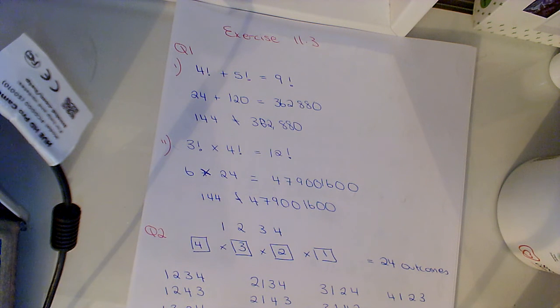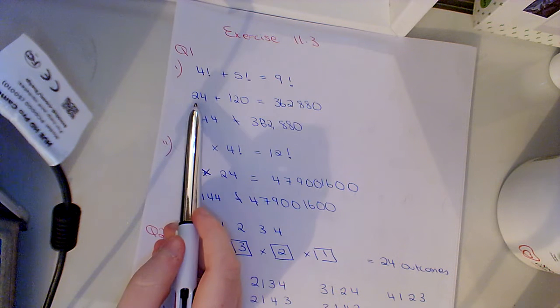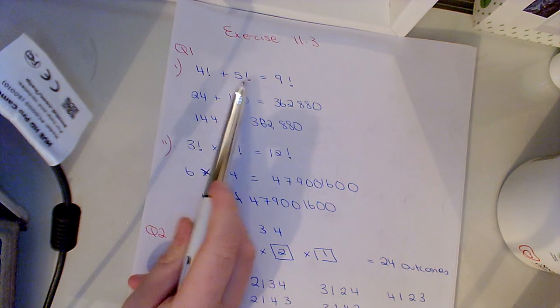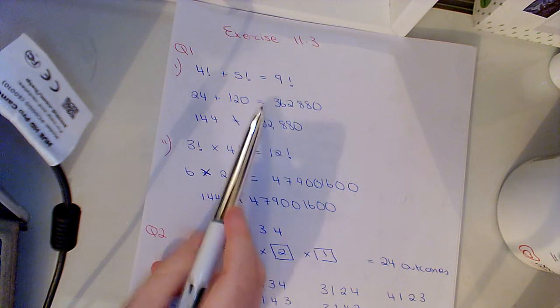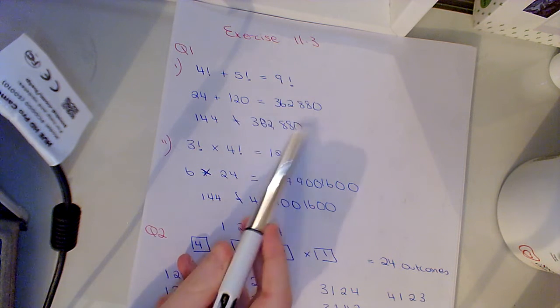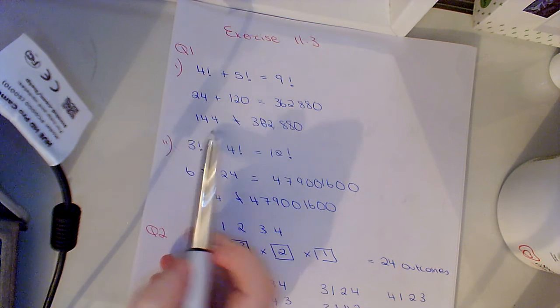Just going to correct the solutions for exercise 11.3. So the first question, I'm going to do questions 1 to 9. It says investigate if 4 factorial plus 5 factorial is equal to 9 factorial. So 4 factorial, when I put that into the calculator I got 24, plus 5 factorial, I got 120, is equal to 9 factorial, which I got as 362,880. So 144 is not equal to